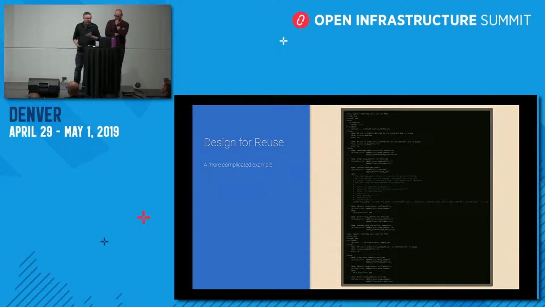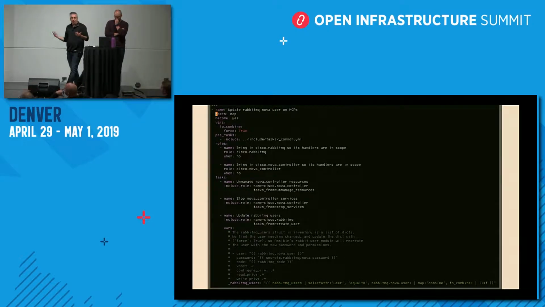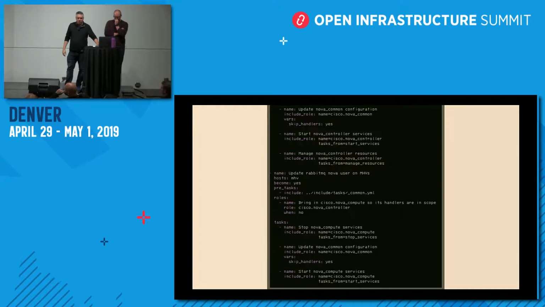And here is a little bit more of a complicated role. It's the same idea, but this is changing the password across Nova Compute. You can see we're doing something very similar. We're targeting the controllers, but in addition, we're targeting the hypervisors as well.